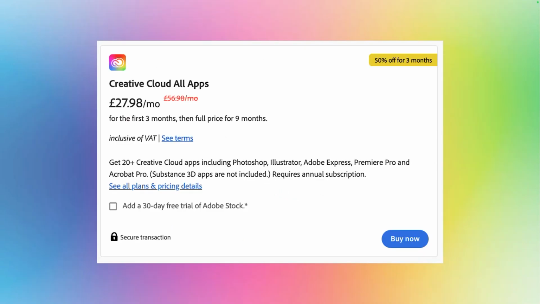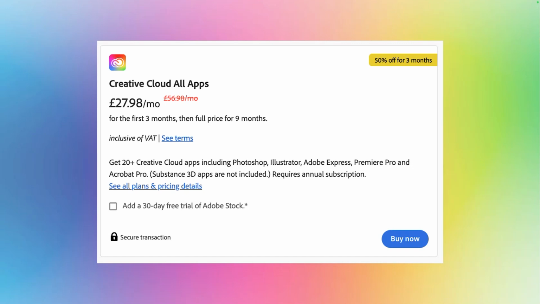And then just finally, this is how much it costs for the full package of Adobe Creative Cloud. So you get 3 months at a reduced price. You can get a student discount if you're not part of a creative campus, and that's significantly cheaper. But of course, that's only for a limited time. Full price, it's nearly £57 a month, which equates to £684 per year, which over the space of 3 years is over £2,000.